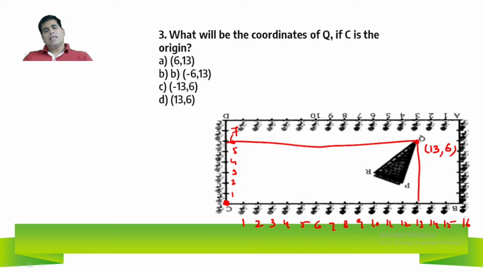So with the reference of origin C, the coordinates of Q are 13 comma 6. So 13 comma 6 is the right option here. D is the right option here. Now